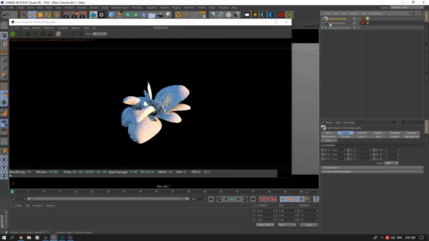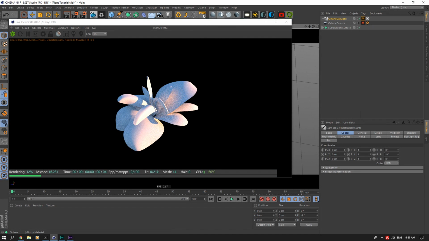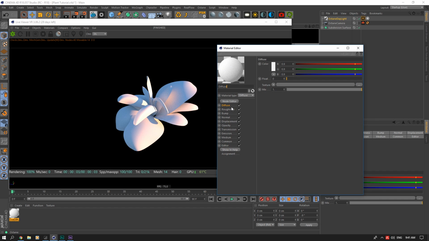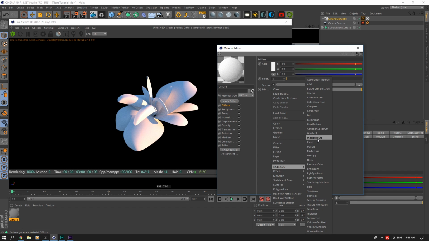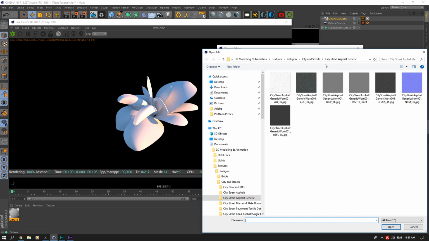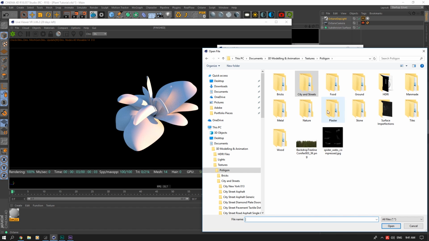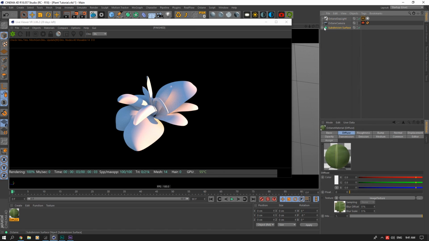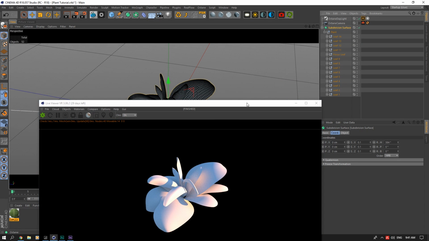So the textures I use are from polygon.com. I'll be using the banana leaf texture. We'll start off with a diffuse material. This will be our translucent material. So we can go in and take a banana leaf texture over here. And then we can go and add it to one of the leaves just so we can sort of see